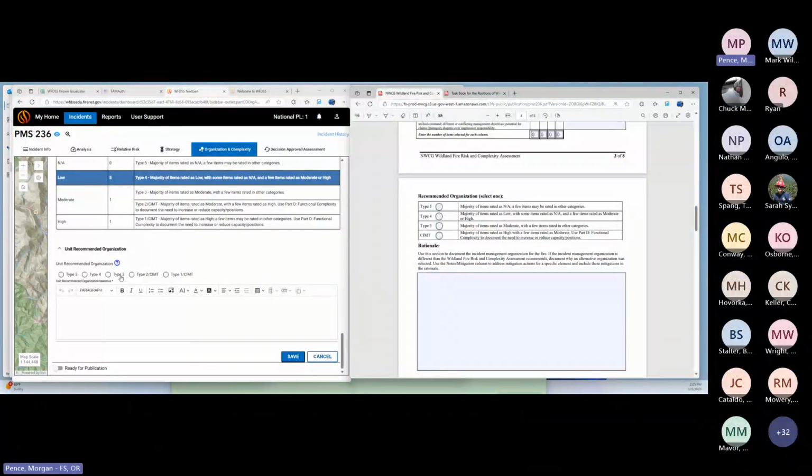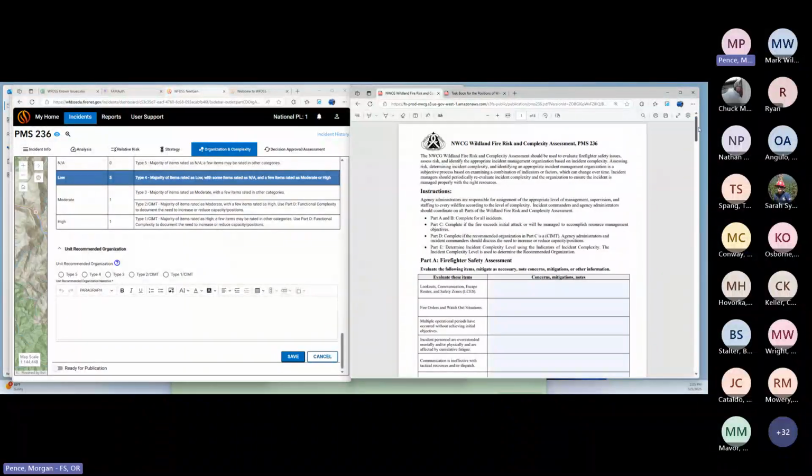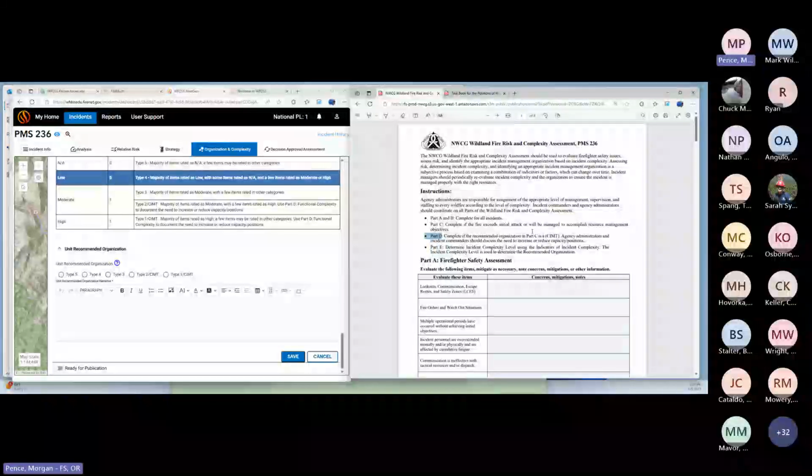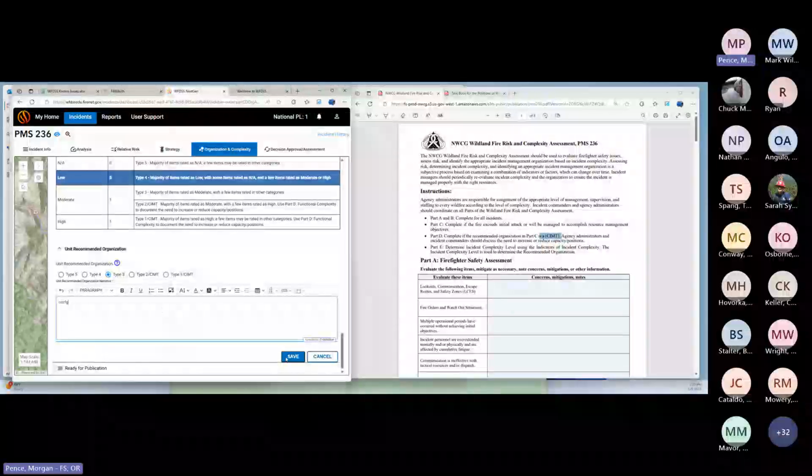Now I wanted to show you how Part D works. So remember I said, well, let's see, what did I say? Let's look at what this says up here. Part D, complete this if the recommended organization in Part C is CIMT. So if I select type 3, so not CIMT, and I push save,